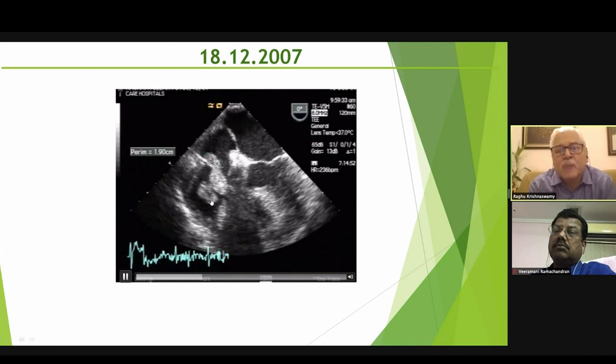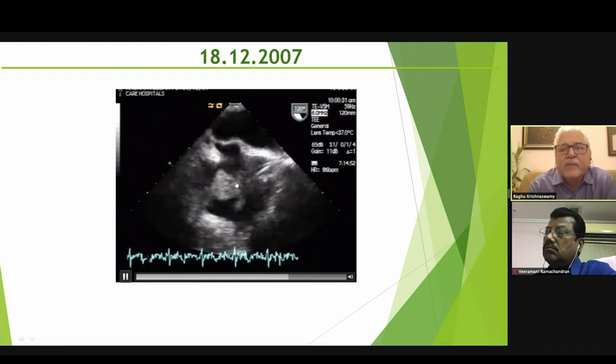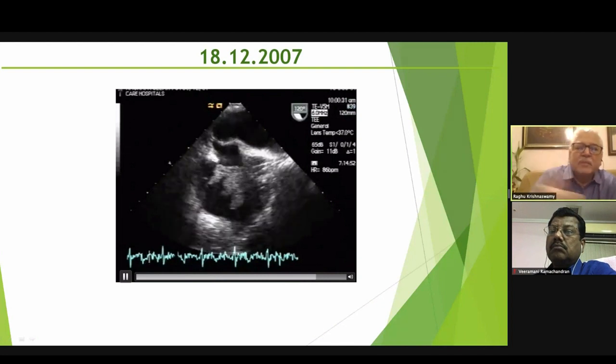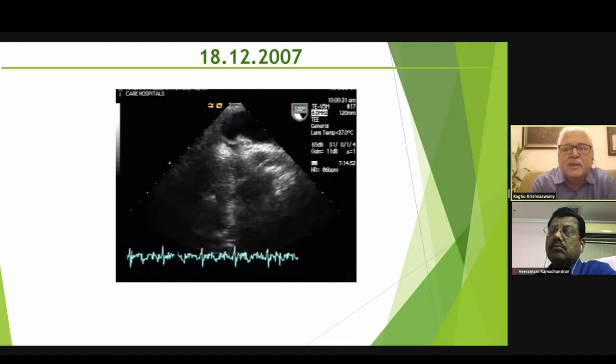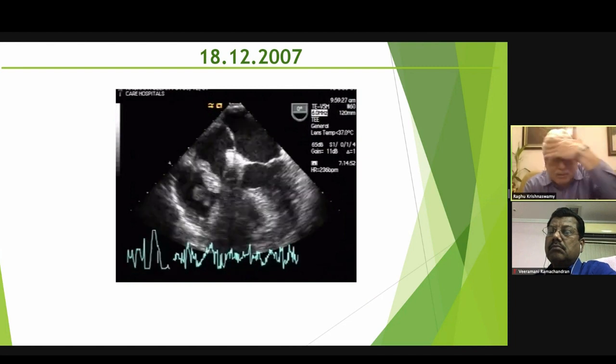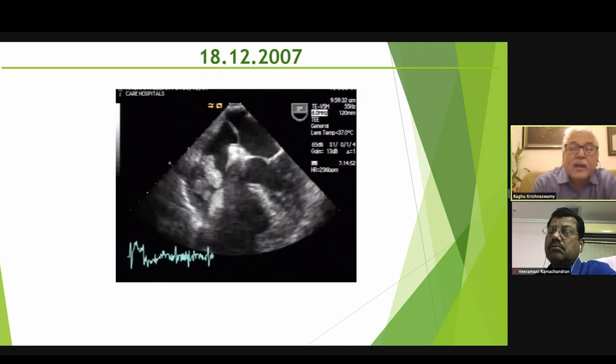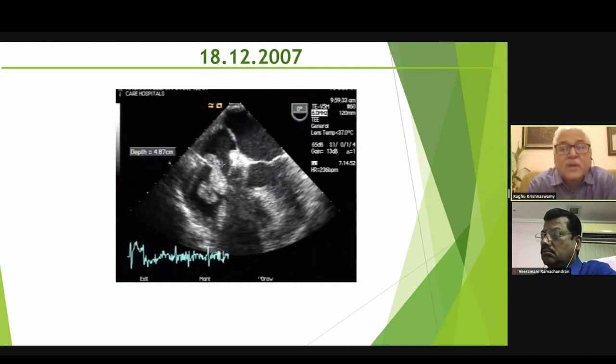This was a huge mass attached to the pacemaker lead in the RA. You'll see it better in this view. There you can see the mass in the 120 view. You can see the mass completely encircling the lead. And so it's now obvious that this was the mass that was responsible for his symptoms of recurrent fever and all.